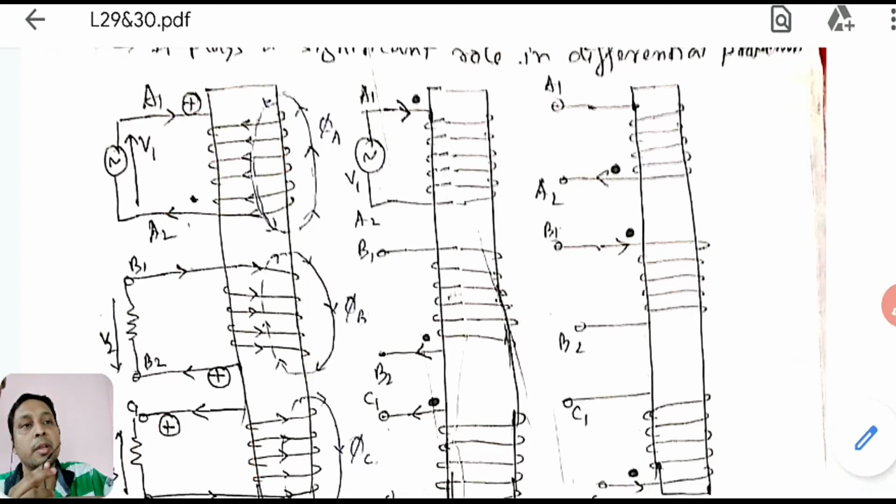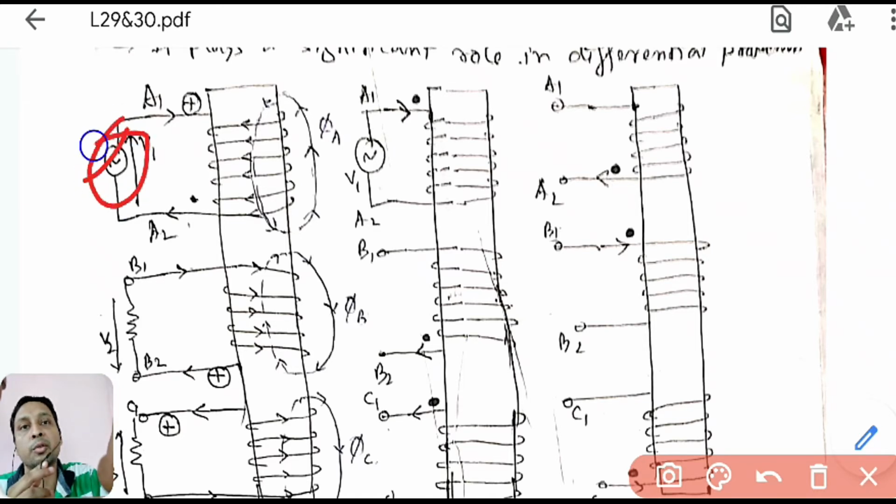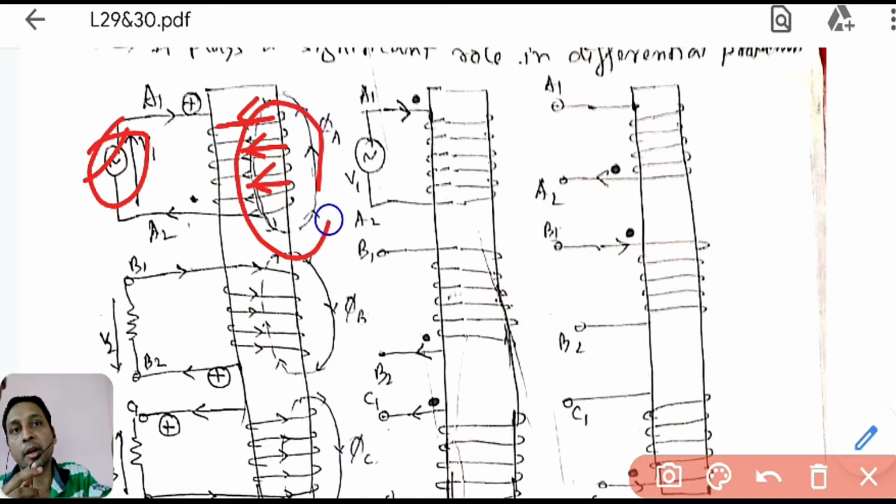Now here you can see, you have given supply through the primary. The primary has a voltage source V1. You can see the current directions, all in this way. So how will the flux behave? Use the right hand thumb rule. If your thumb represents current, then this will be my flux. This is my current, the red arrows. So the field will go inside from the upper side. From the top it goes inside and then comes out. It is going inside and then coming out.